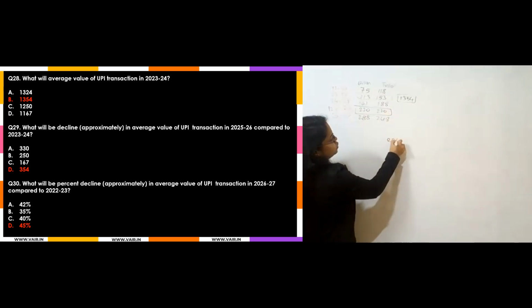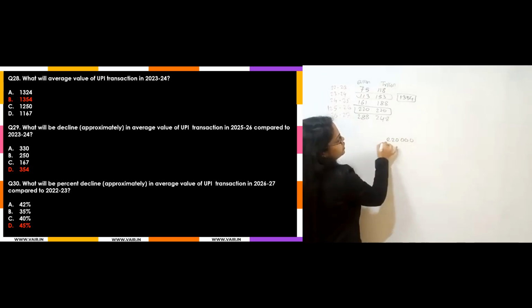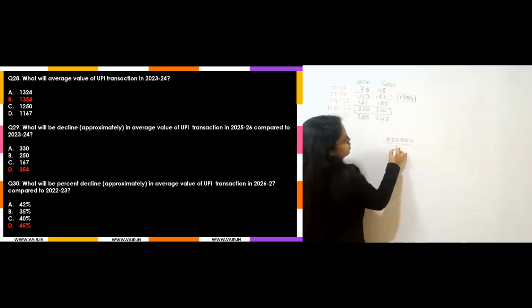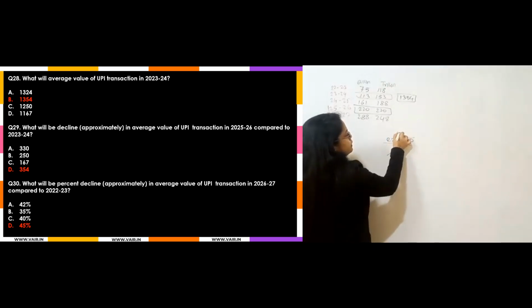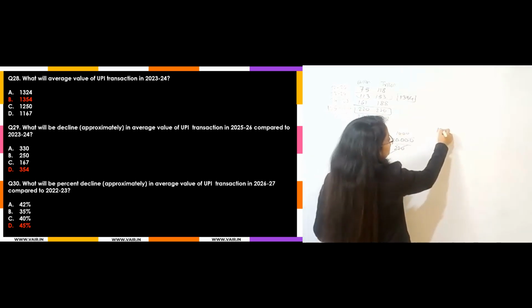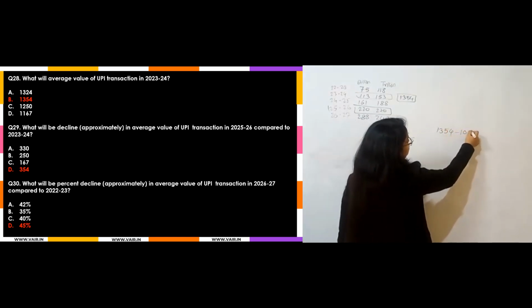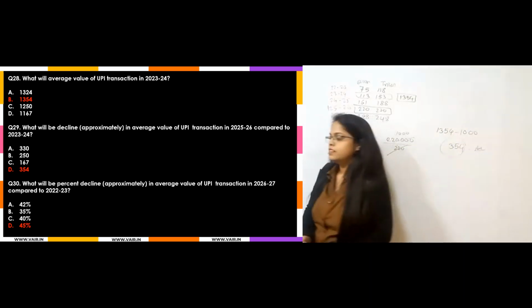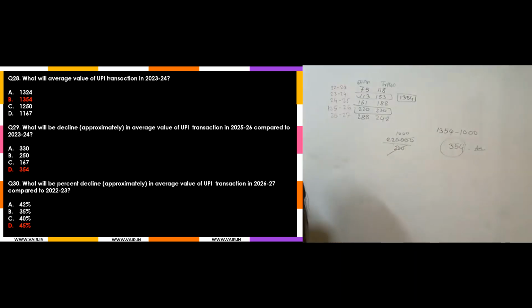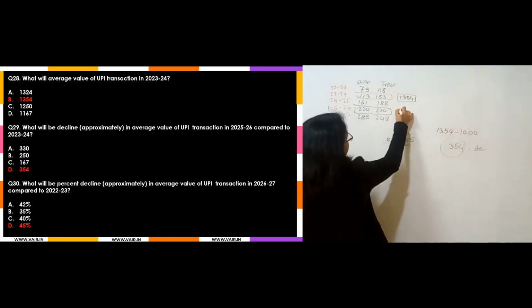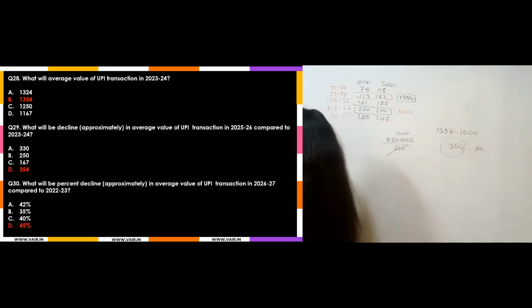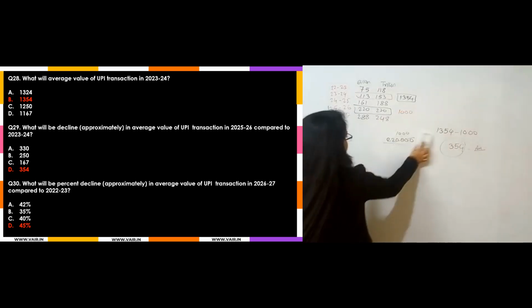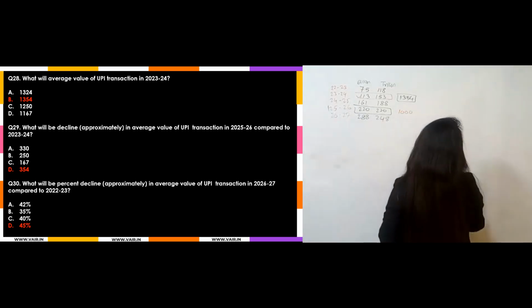This average will be 220 trillion, means 220,000 divided by 220. So what will it be? It will be 1,000. So the difference between 1350 minus 1,000 will equal 354. This was the answer. That's it. Easier. That's why I said remember it, because we require that value. This was 1,000. Now the next one. The last question was quite lengthier.